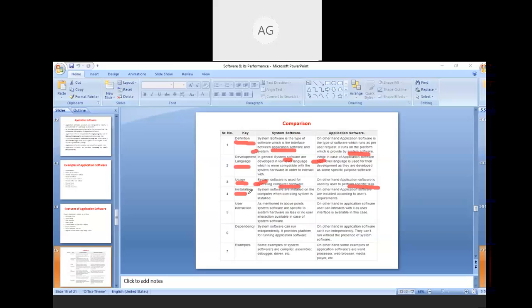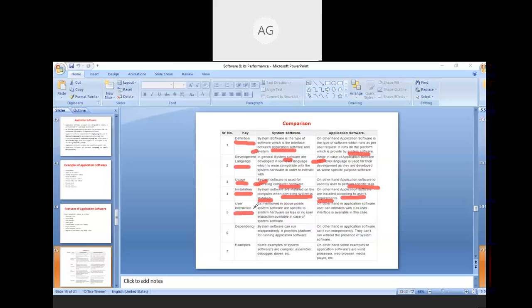The next difference is installation. The system software are installed on the computer when the operating system is installed, right? So first we install the system software, and on top of system software we can install the application software. On the other hand, application software are installed according to the user's requirement, and they are installed on top of system software. So first system software needs to be installed, and after that application software will be installed according to the need of the user.